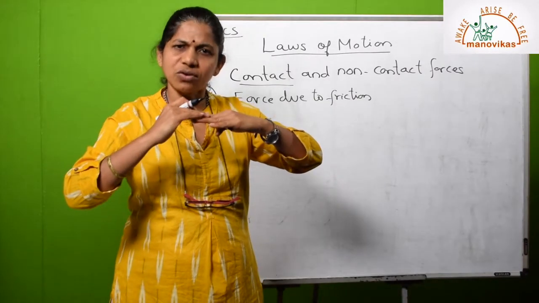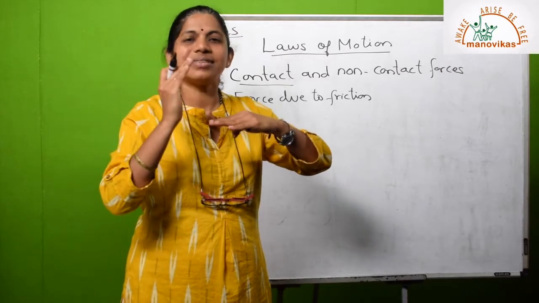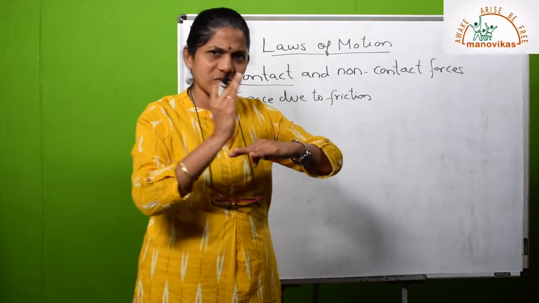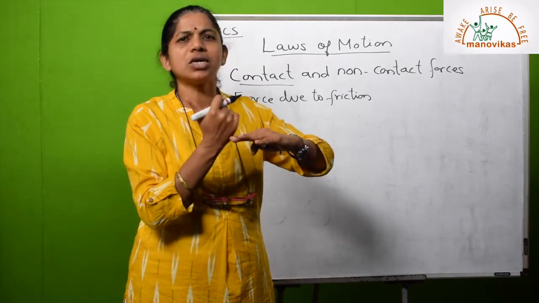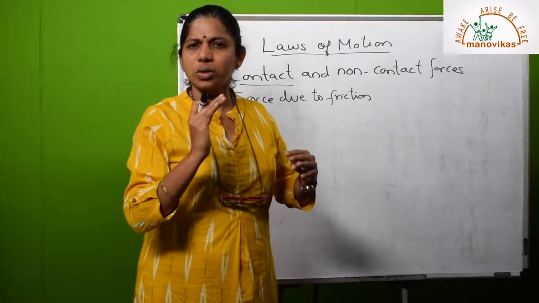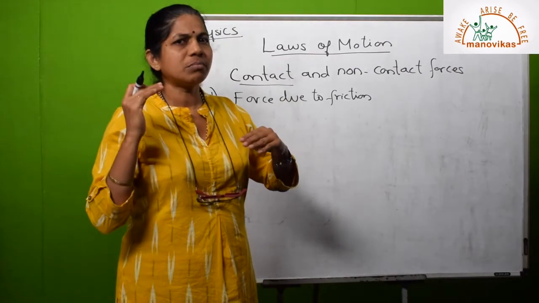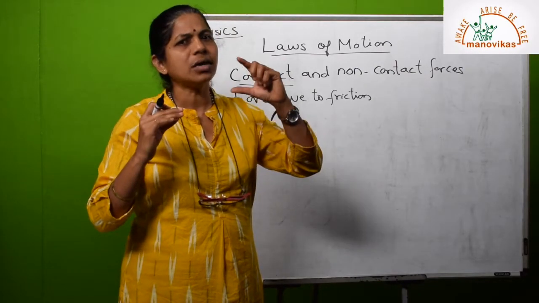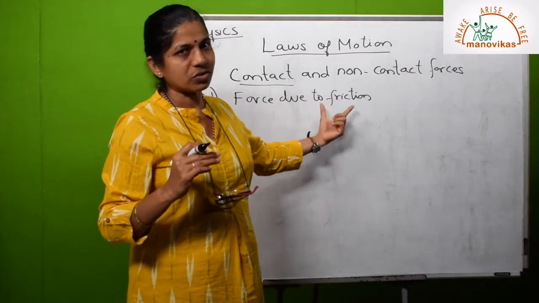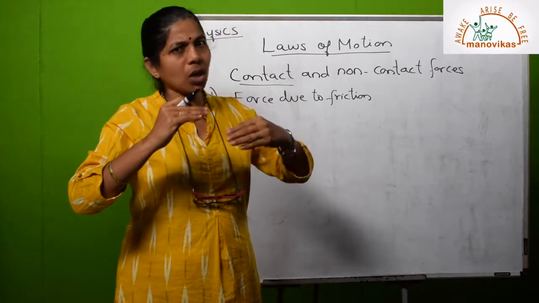So that force is frictional force. That frictional force will act on the book and try to resist the motion of the book. So that is called frictional force. The push will be in the forward direction, but the frictional force will be in the opposite direction. Same is when a car is moving on a road, when brakes are being applied, the car stops. Now it is stopping because of the friction between the tires and the brakes. Such a force is called frictional force. This is a contact force because there is contact between both the objects.